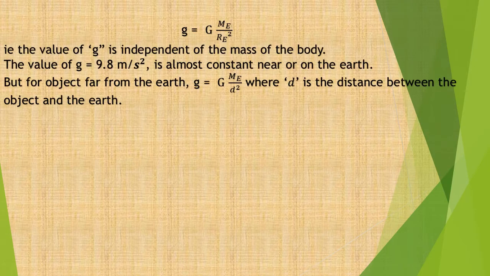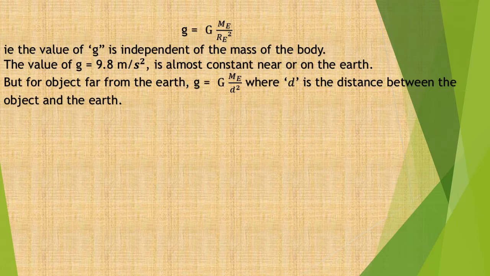The formula for the acceleration due to gravity is g = G Me / Re². Children, we find that this formula involves only the mass of the earth. It does not involve the mass of the body or object on which the force of gravity of the earth acts. Since the acceleration due to gravity does not depend on the mass of the body, all bodies, whether heavy or light, fall with the same acceleration towards the surface of the earth. This we discussed in the last module. All objects accelerate at the same rate.